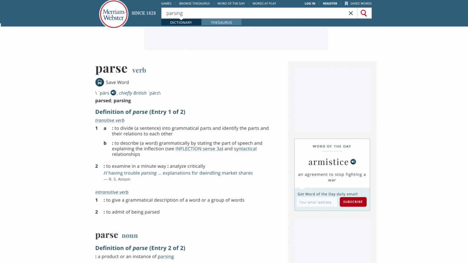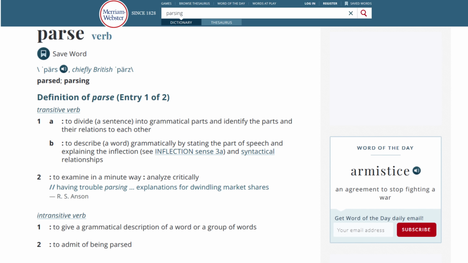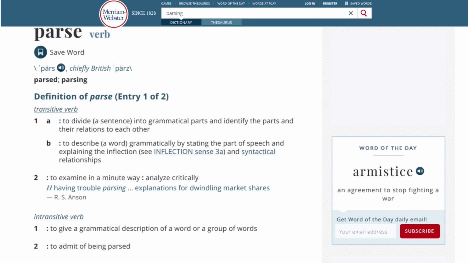I actually think that if we're going to do parsing, it might be easiest not to dive into compilers straight away. Some of you might want me to, but to actually just take a very simple subset of the English language and see how we would parse that. And if you look up in a dictionary what parsing means, one of the definitions is breaking up sentence structure into its component parts under the direction of a grammar. So the grammar is the rules of your language.